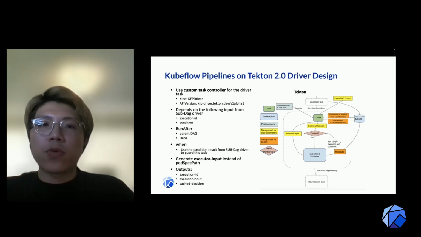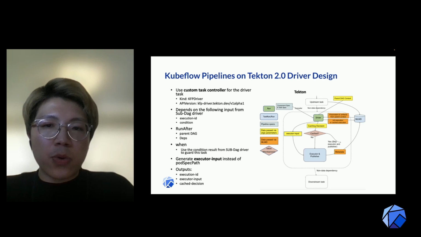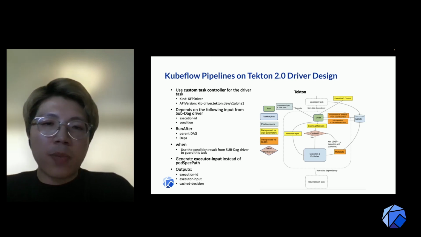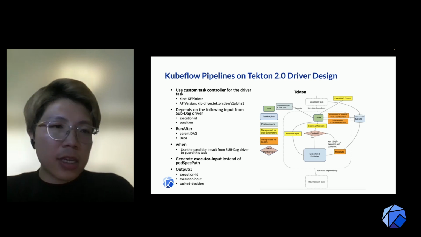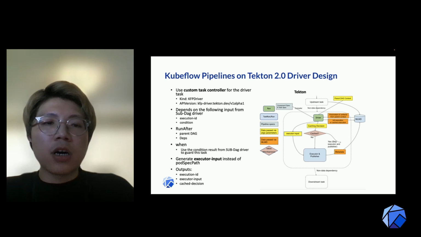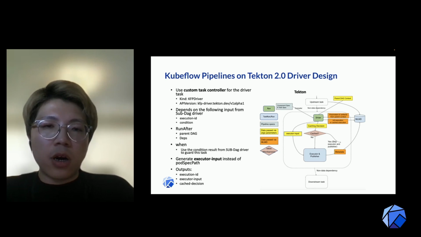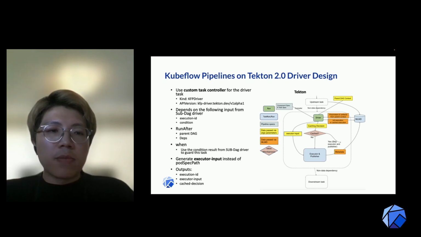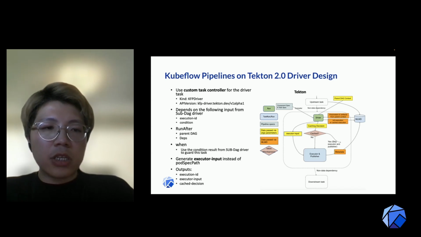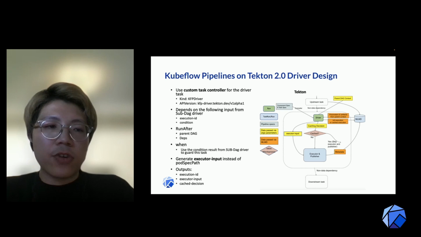This way we don't have to create new pods to do all the driver logic for storing information in MLMD and replacing parameters for our pod spec. And there are just some other minor differences when we compile into Tekton. It's very similar to how Argo is done, but all the dependencies we actually have to connect with the